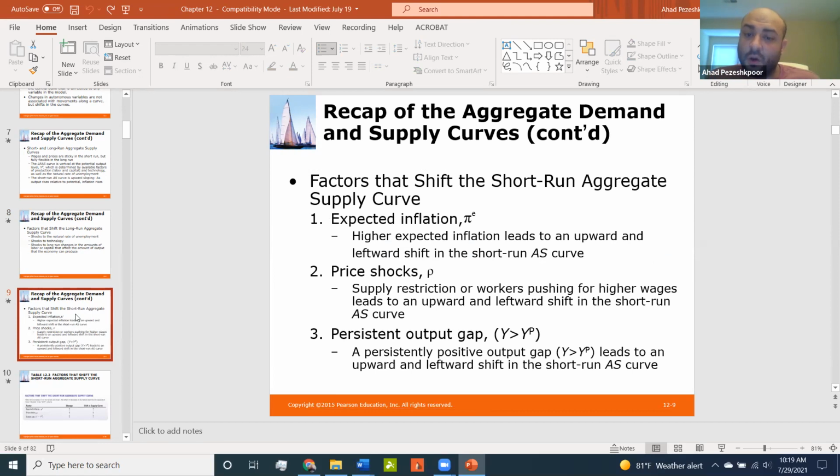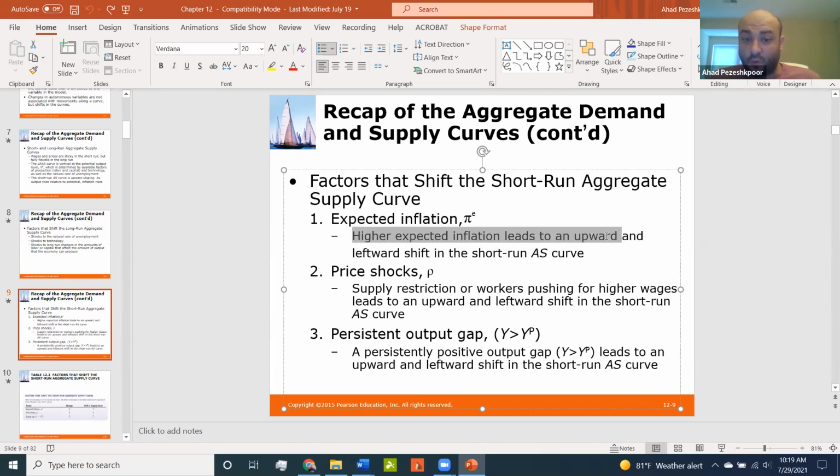Factors that shift the short-run aggregate supply curve. Short run, it's about inflation. Right now, for example, expected inflation. Higher expected inflation leads to an upward and leftward shift in the aggregate supply curve. Price shocks, supply restrictions, or workers pushing for higher wages lead to an upward and leftward shift in the short-term aggregate supply